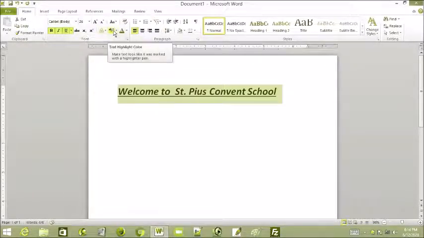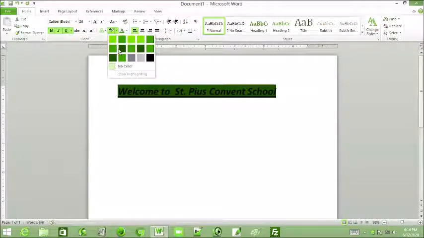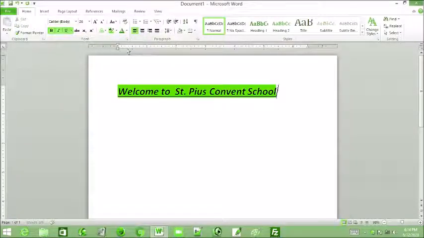See, this is text highlighting color. We can change it. This text is highlighted, that's why it is shown in blue color. So we can change this. Here it is. In the Home tab, Font group, we have an option, Text Highlight Color. See, you can read there, Text Highlight Color. So we'll just click here and we can select which color we want. Okay, so this is how we can change the highlighting color of the text.